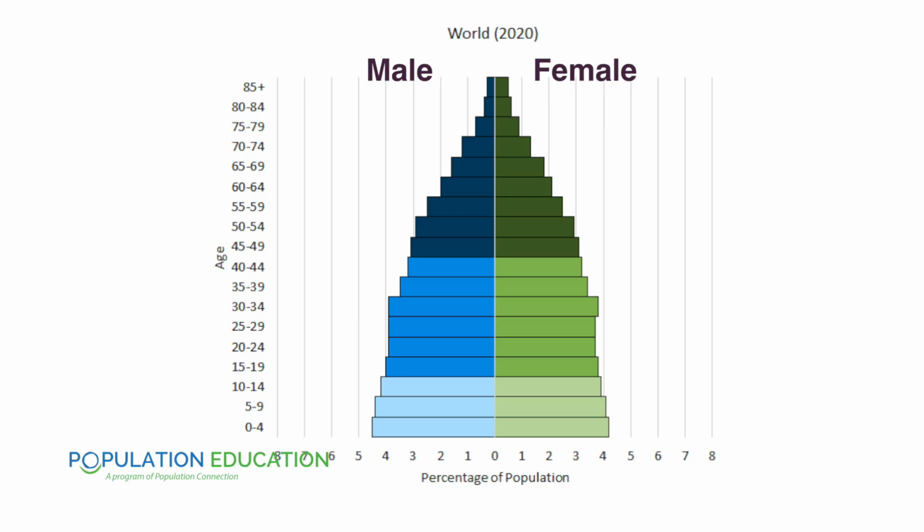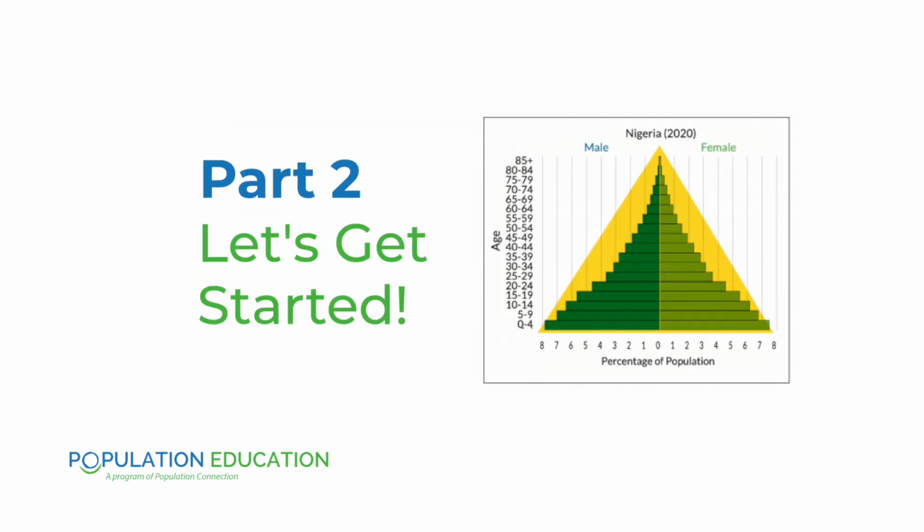You'll also see that our population pyramid is color-coded into 3 reproductive groups, and this is only found in the high school version of the lesson. Pre-reproductive groups are children who have not yet reached reproductive maturity. Then our reproductive group represents people who potentially are biologically able to produce children. On the top, we have our post-reproductive group, who are generally past their childbearing years.